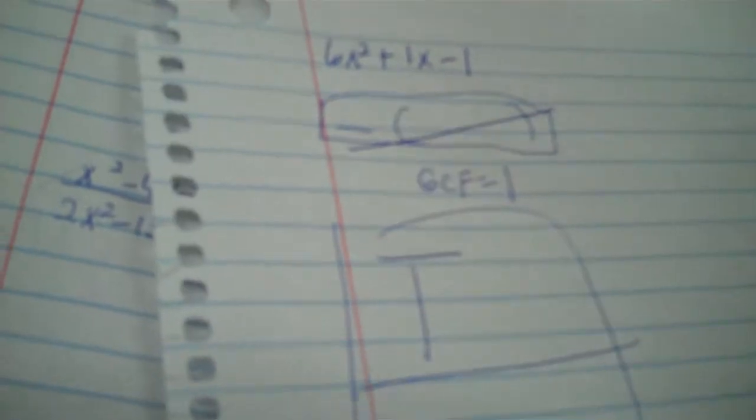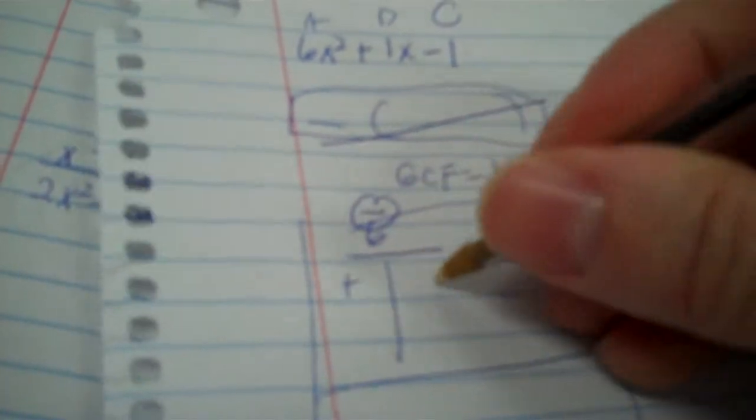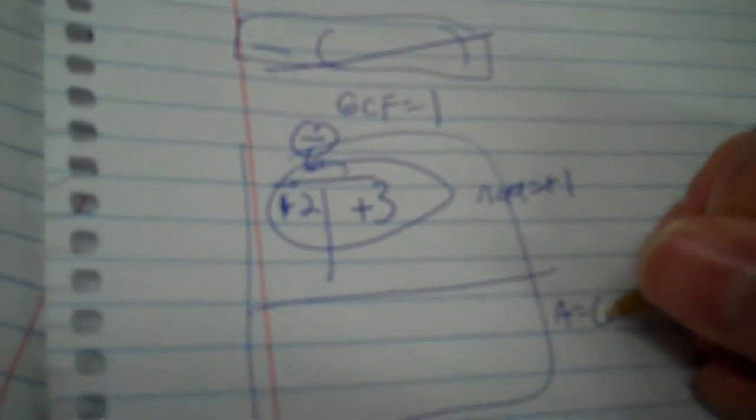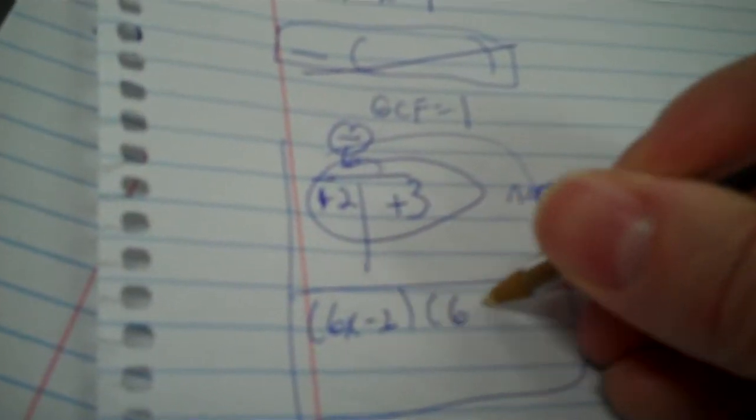Then the table. 6 times negative 1 is negative 6. Positive times a negative. We're trying to add to get to plus 1. 2 and 3 would be negative 1, but then if I make it plus 3 minus 2, it's positive 1. So a up there is 6, so we're going to go 6x minus 2 and 6x plus 3, but